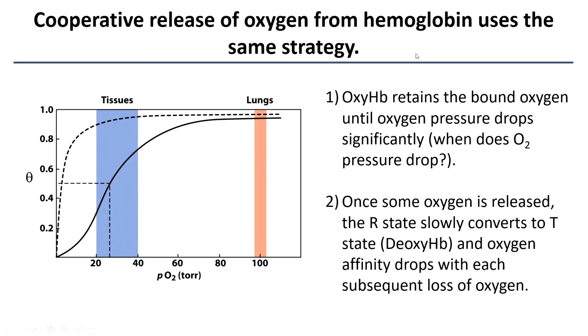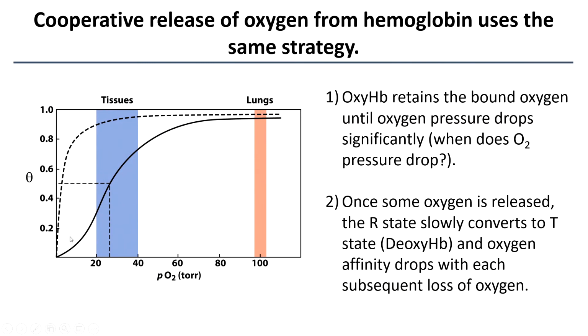What's really interesting about this molecule is that when oxygen can bind cooperatively to hemoglobin, it can also release in the same way, where once one oxygen molecule becomes released from one of the subunits, its conformational change will move back to the T state, and that forces neighboring subunits to also drop their oxygen and move back to their T state. So oxyhemoglobin retains their bound oxygen in the lungs where oxygen pressure is really high, but when hemoglobin